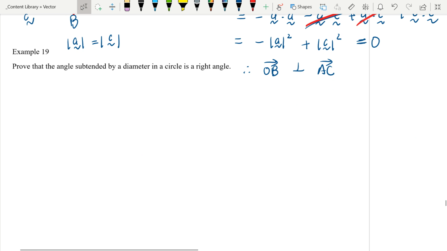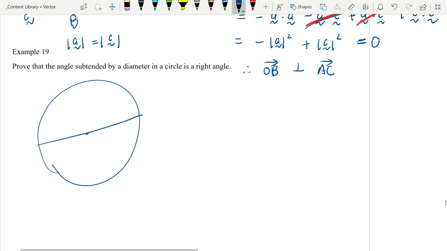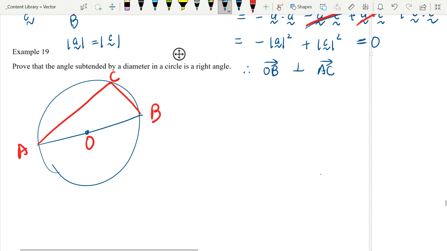Example 19. Prove that the angle subtended by the diameter in a circle is a right angle. So I draw a circle here and I draw a diameter here. Angle subtended doesn't matter where, okay? So I'm talking about this angle C. If I say this is O, this is A, this is B, and if I can connect